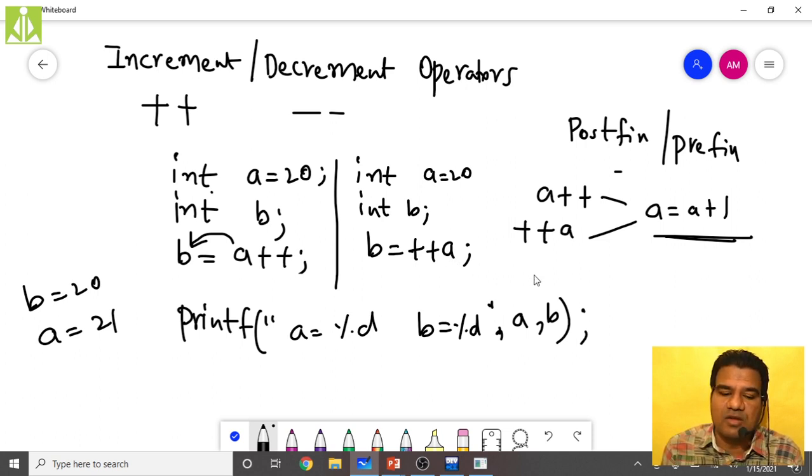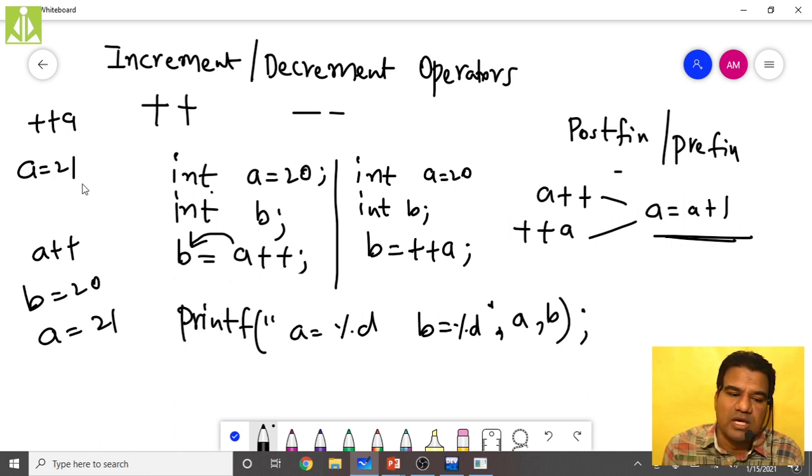The same thing will get assigned to B. In postfix, that is A plus plus, we got the values like this. But in plus plus A, first the value gets incremented, so A becomes 21 first, then the same thing gets assigned to B, so B value will also become 21.